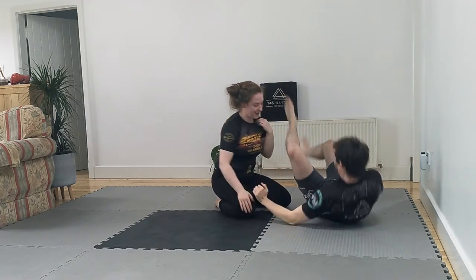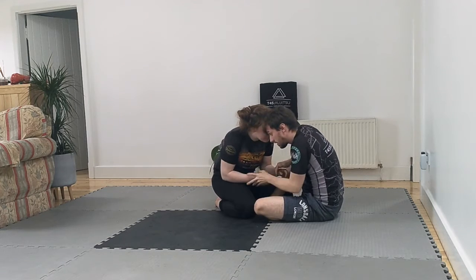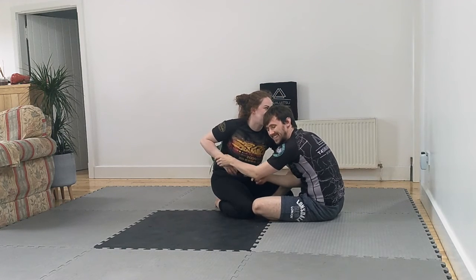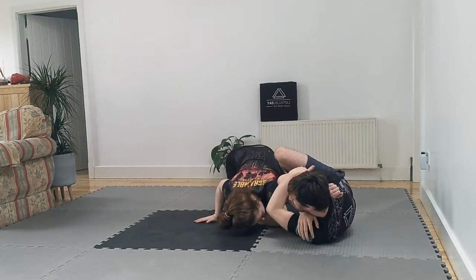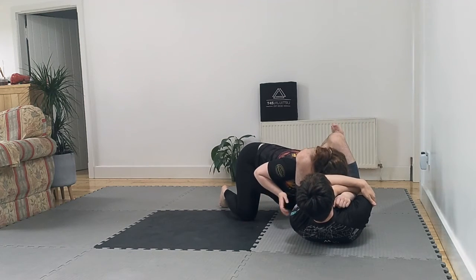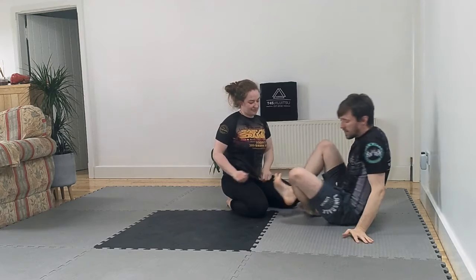Okay, so we'll do that setup one more time. And here, I'm attacking, I go for my snap down, switch to the arm drag, Laura yanks her arm out. I'm here, I roll through to get the attack on the arm, I defend, I clamp, free my foot, rotate my hips, lock, squeeze to get the submission. Okay, so that's